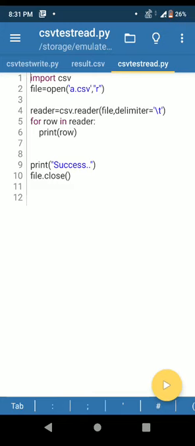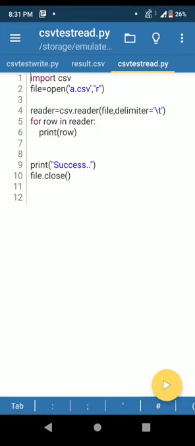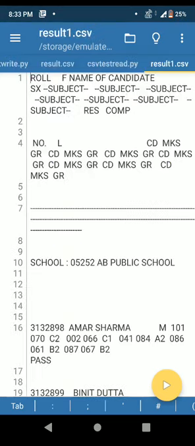Then after completion of this loop, we are printing success and then closing our file object. Now run this program. So you can see it is printing the data user ID and beneficiary 1 XYZ 2 PQR. So we have learned how to write data in CSV file, and in second program we have learned how to read data from a CSV file.